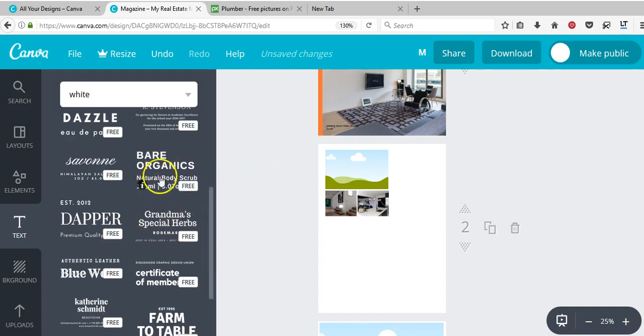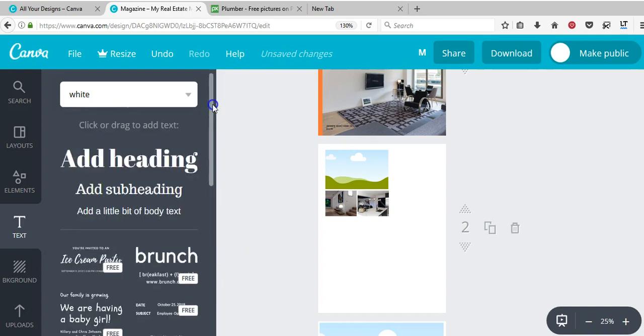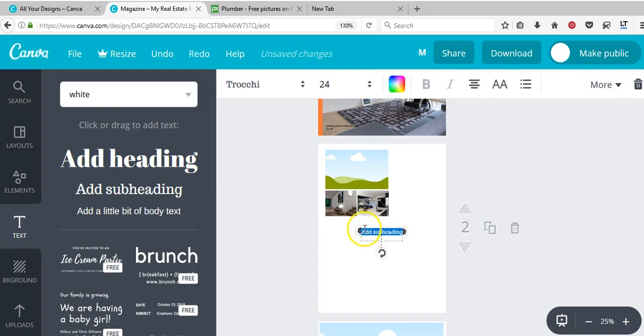But I'm just going to make it as easy as possible for you. So if you just simply come back up and click on subheading, and as you can see, the little text button pops up here. So again, it's showing you all the elements, so you can always line up your page by page, where all of them look the same, the layout's the same. So basically what you would do then is you can make this text box bigger by dragging it across,